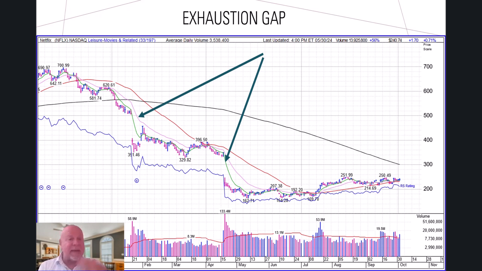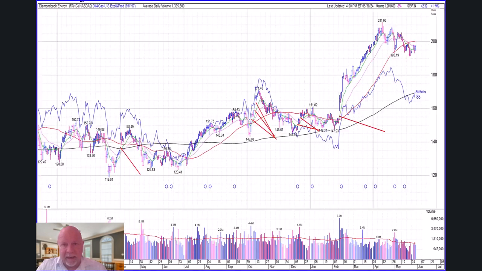It kind of was just tired of running up, and those people were like, I want to just take my profit and run. And so they created a gap and then it traded around a consolidation, and then more gaps happen. So that happens when the stock gets exhausted from going up. It starts to create these gaps on the way down.